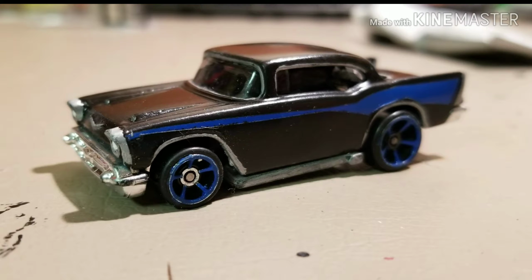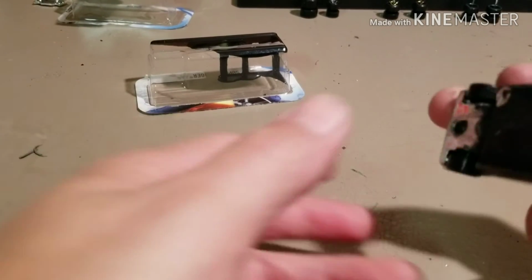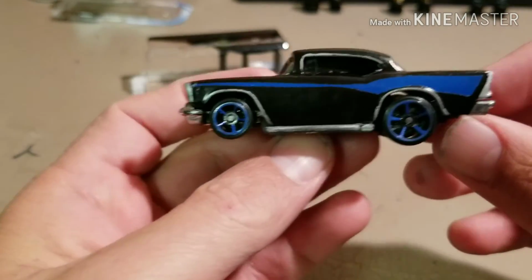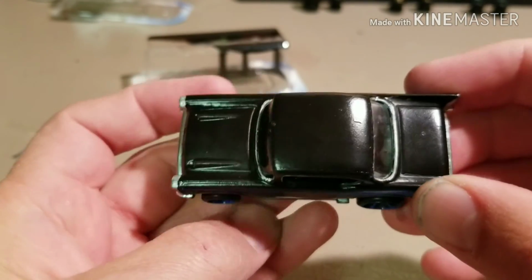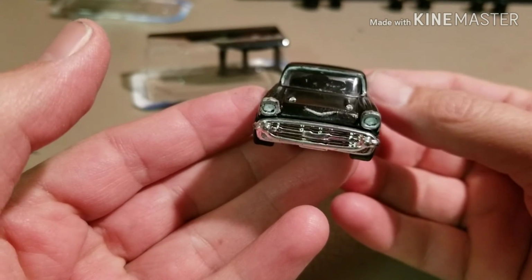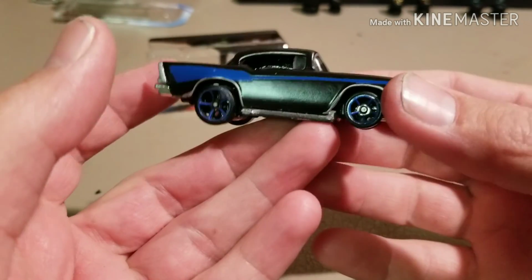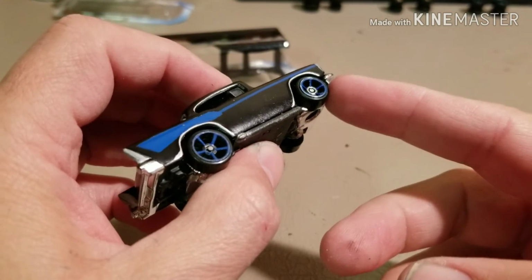And here's the car put together. I think the front wheels I pulled off a Tankinator, and the rear wheels are from a Street Creeper. I polished the axles, used a little graphite, added some weight to the car, and spent a little bit of time painting the wheels to match the car a little bit. I need to do a little touch-up paint on the wheels to make the paint a little bit better, but